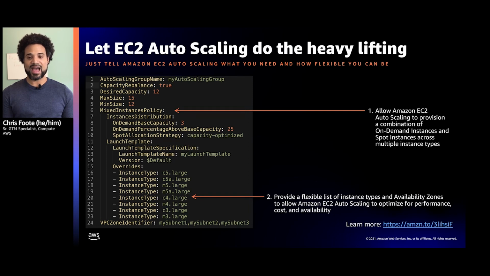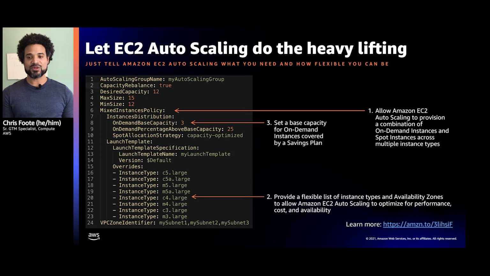I can choose C5s, C4s. And I can even consider oversizing my instances because typically if you give an application more memory and CPU, it won't break that application. So consider as many different options as you can, in addition to multiple Availability Zones. And these are your keys to success.